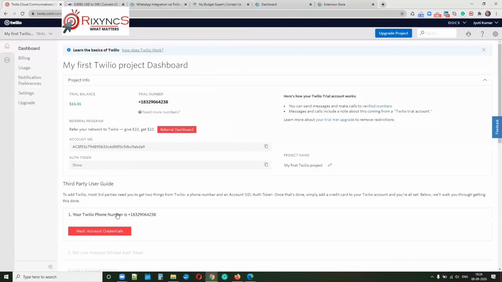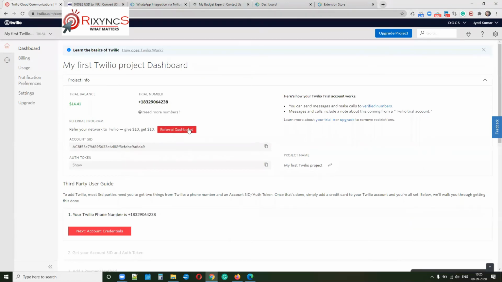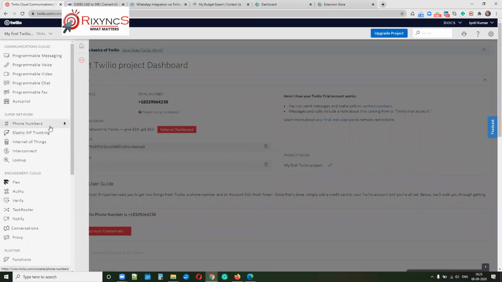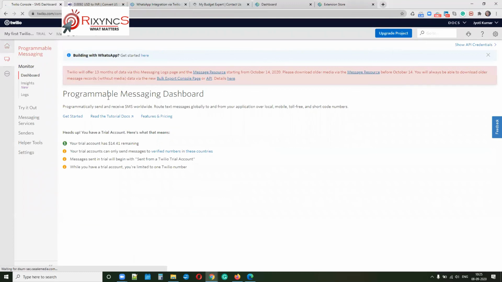Like this, you create a Twilio account and you can have your own number. This is my trial account, so it has given me a trial number. You can click on this and see programmable messaging. Here you can configure the details, and configure your WhatsApp number.